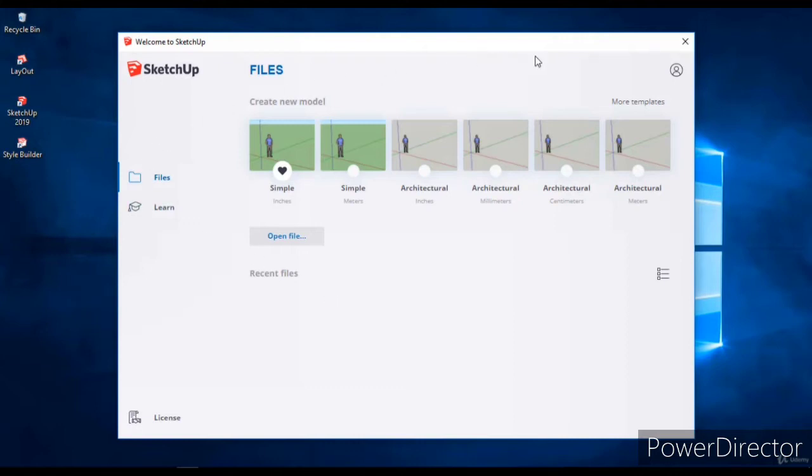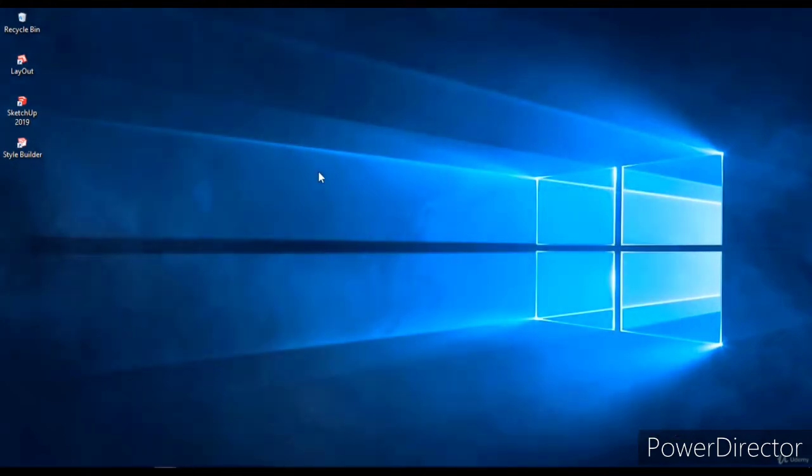Here it is a menu bar where you can find different templates, as well as open other files that you have done before. So for the beginners, you have to select any one of these templates and start working on it. If we want to take inches as our sample template, we will click into it, then the next